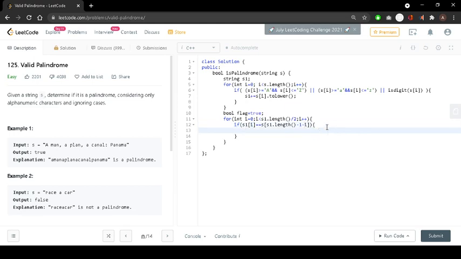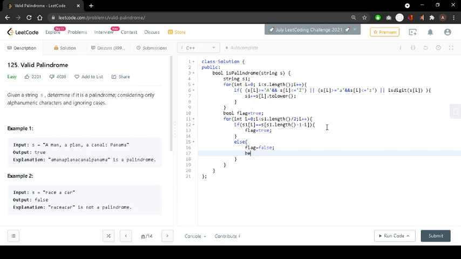So if both are equal, then flag should be true, and else if this doesn't happen, then flag should be false, and there is no further use to go further if any of the characters does not match its corresponding palindrome character. So we should end the loop right here.